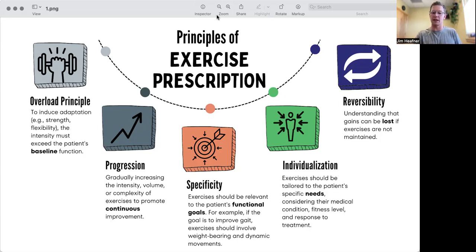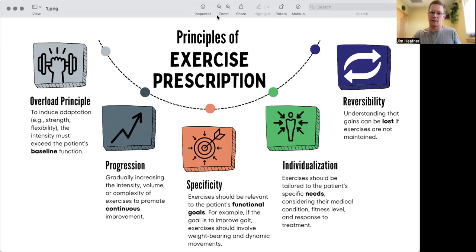Third is specificity. That means exercises should be relevant to the patient's functional goals. The example I give here is if the goal is to improve someone's gait training pattern, the exercise should involve weight-bearing movements for sure and dynamic balancing movements because that's what the action of locomotion requires. If you're just doing static squats to improve someone's gait, well, they might get stronger, but it's not going to